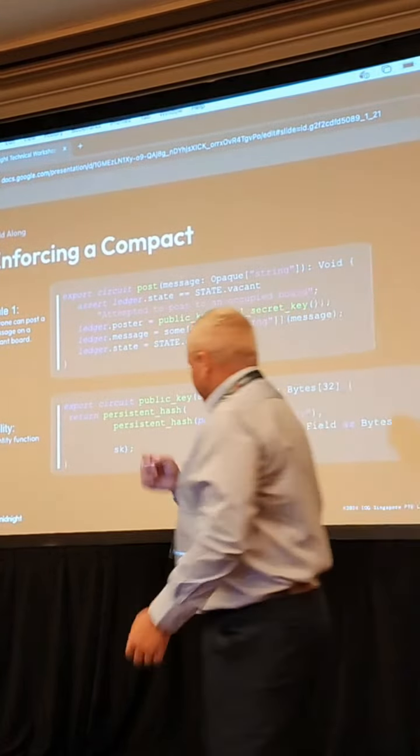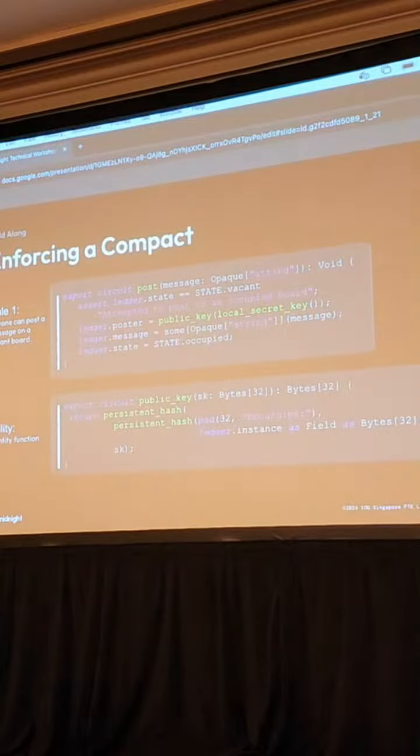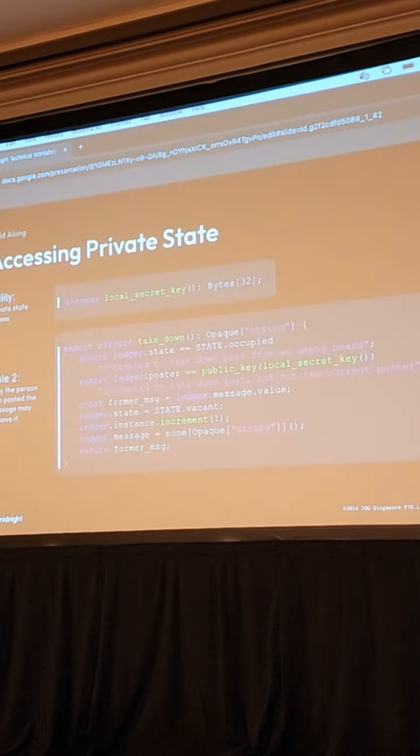But now you got to figure out where you'd get that secret key from? This is where Midnight shines. The way that you get the secret key is shown there on the top line: you identify what's called a witness. So this is a function that you simply give the definition of what that function looks like.